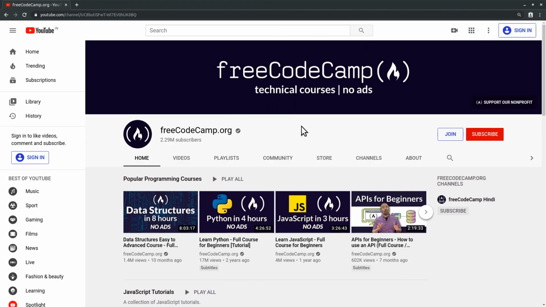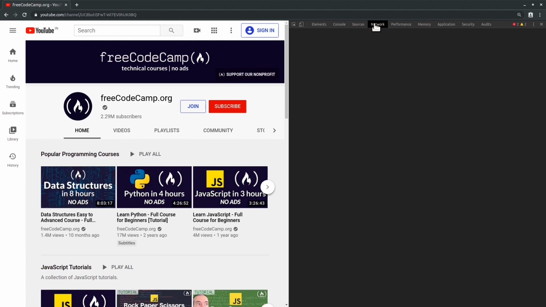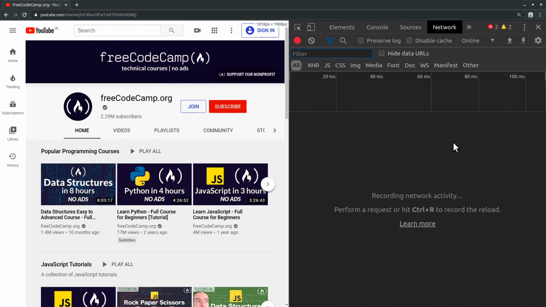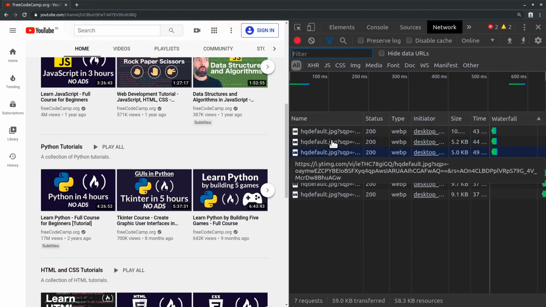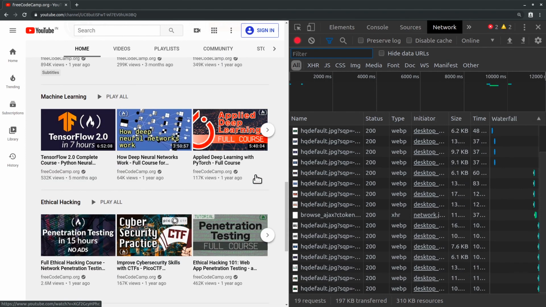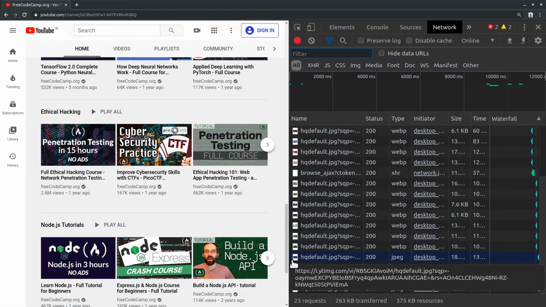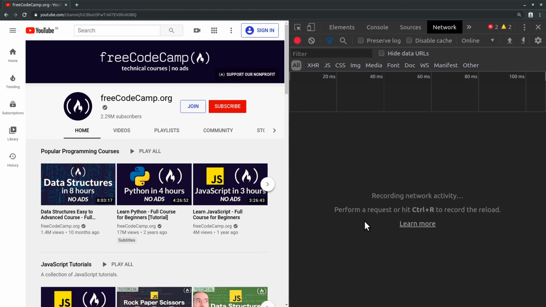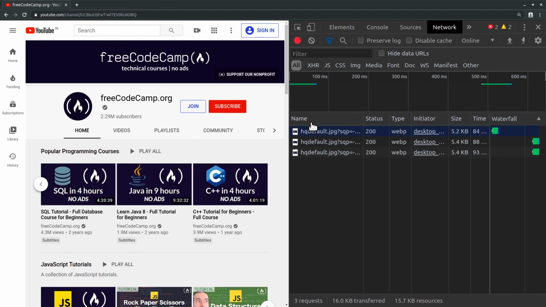This looks like a normal web page, but there's a lot happening behind the scenes. Let me inspect. Let me open the network tab. Now I'm just scrolling down. You see what happens? It's making network calls, talking via the internet and getting some data. See? The further I scroll, it gets more and more data. You have a carousel here. It gets more data.